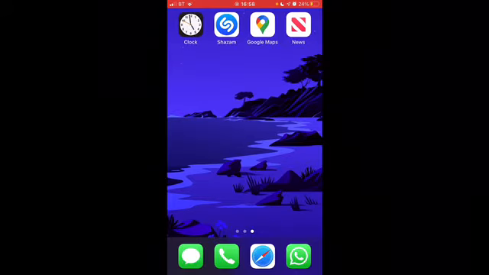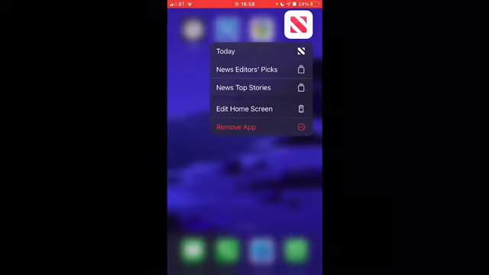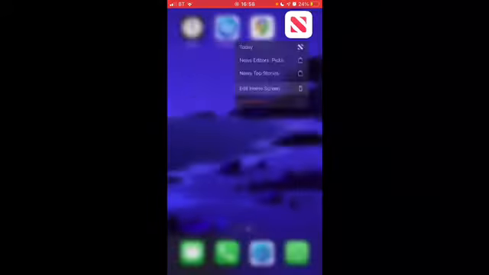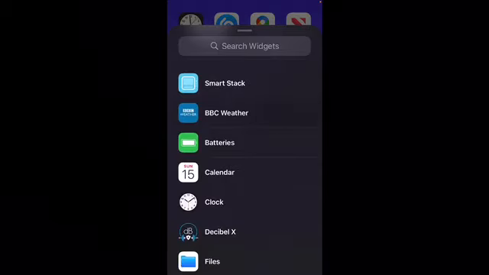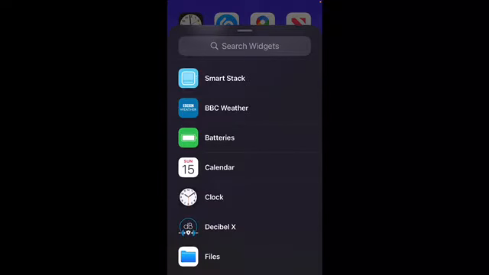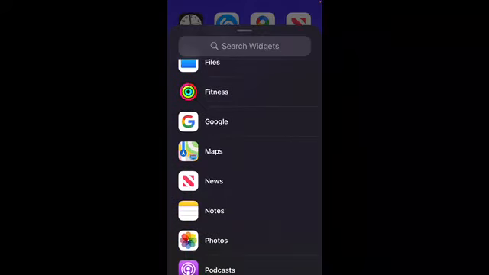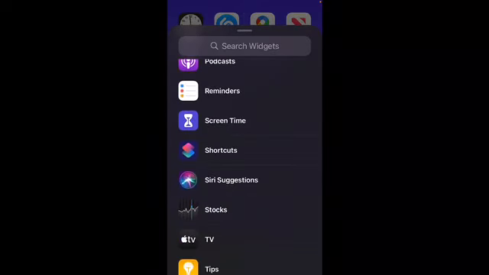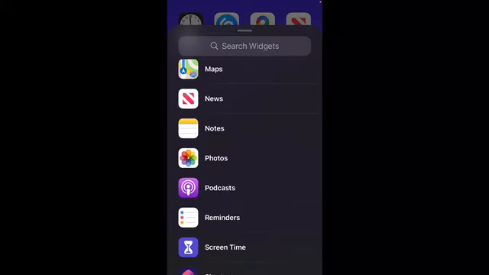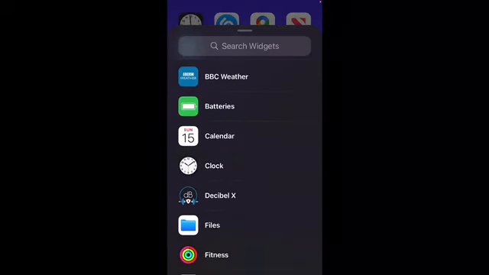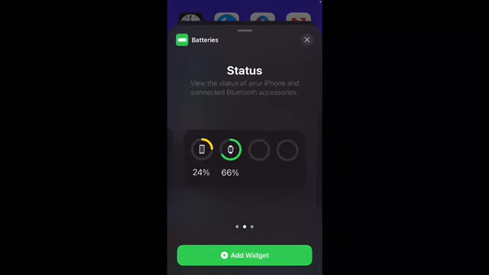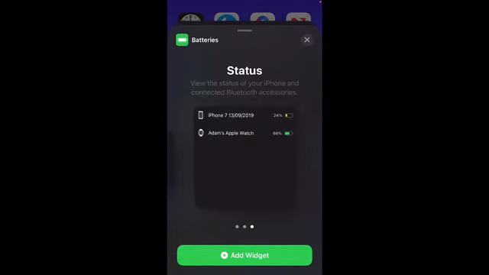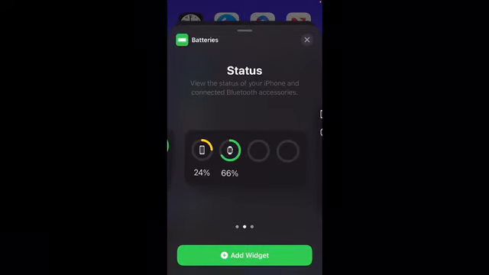First, hold down on any app and then you can press edit home screen or continue holding till you're presented with this. Then at the top press the plus icon, then lower down it will show you all the apps you can add which will work with widgets, and I'm going to choose battery. You can have a small size one, a medium size one and a large size. I'm going to have the medium sized one,